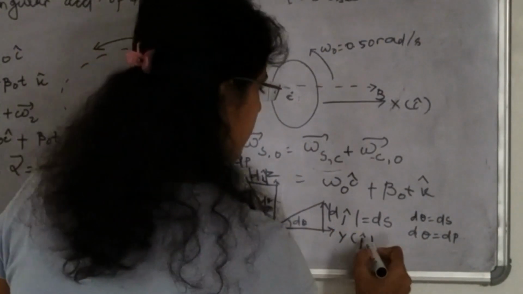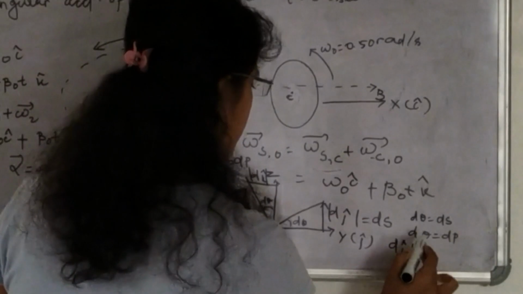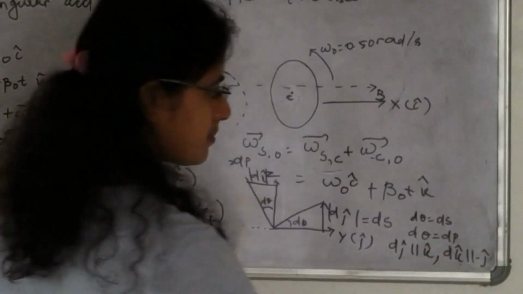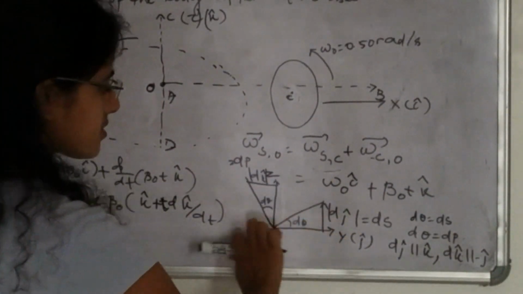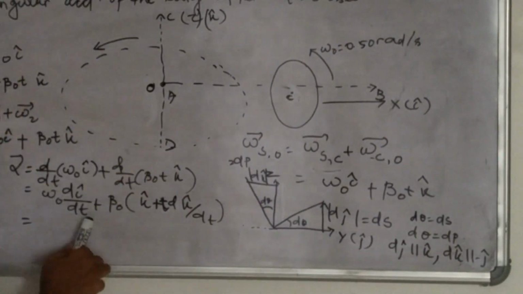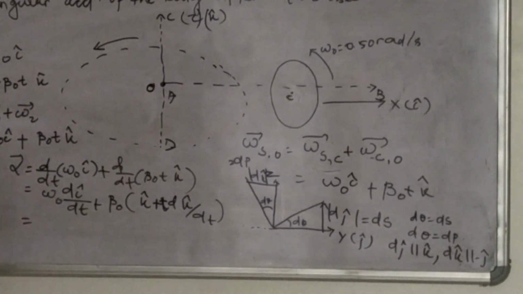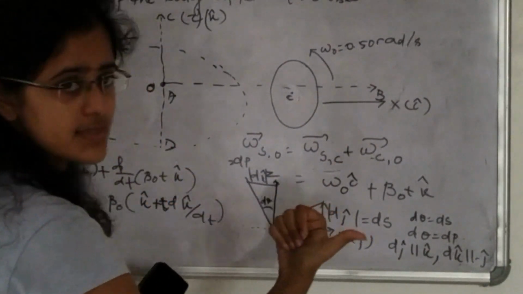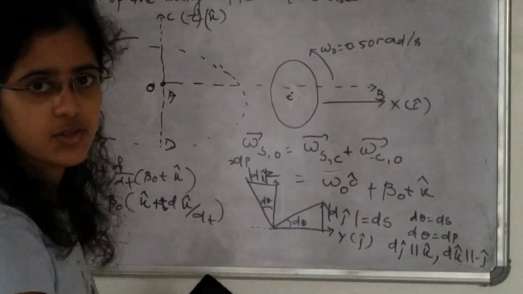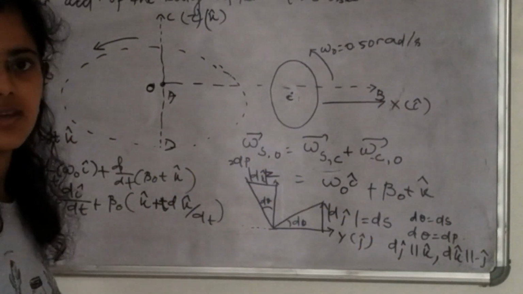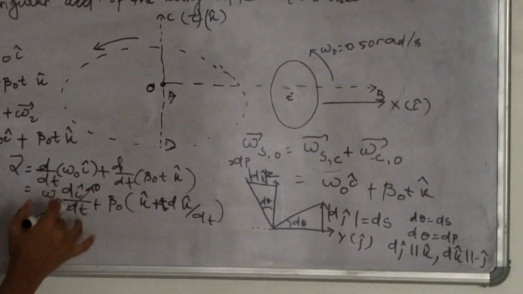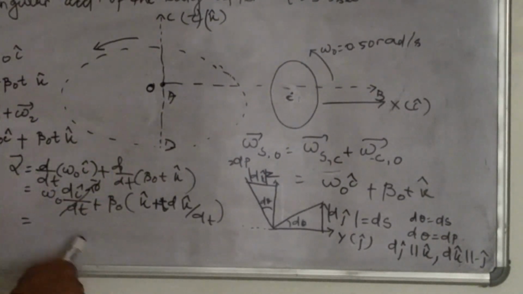Okay, so dj cap is parallel to k cap and dk cap is parallel to minus j cap. So put this here. D I cap divided by dt is constant because in this case it is rotating in yz plane along x-axis. Along x-axis means x-axis is constant, so along x-axis there will be no displacement, in dt time or in whatever time. So this is 0. D I cap divided by dt is 0 vector. So this term is 0.